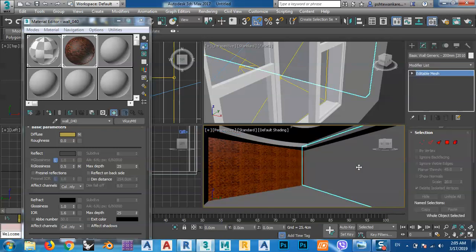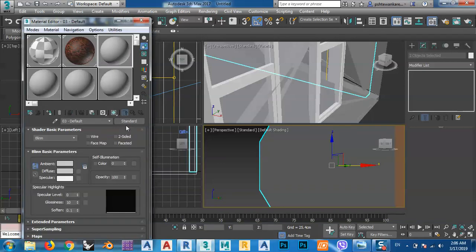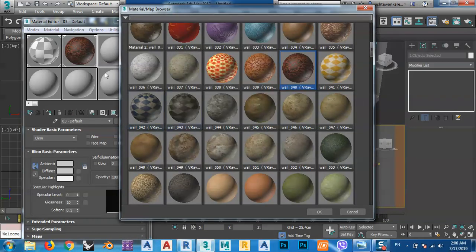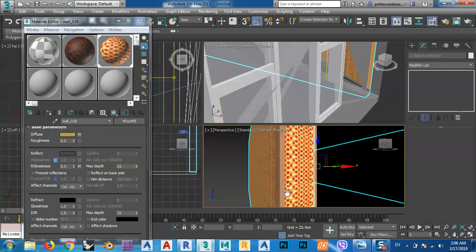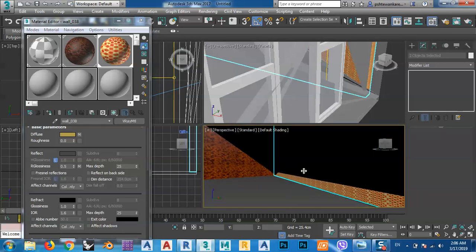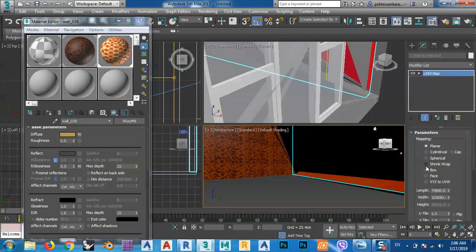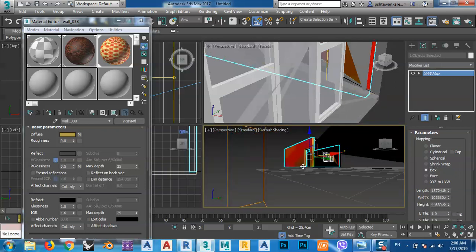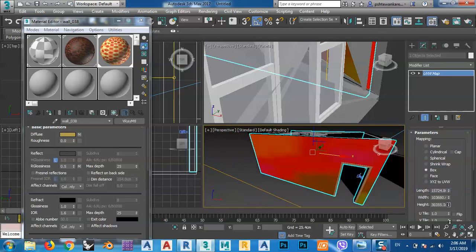For this side and that another side, for this and that, we can use another one. So again, the same procedure, material. We use this one, maybe this type. If we use this one, I don't know if it's good or not. Again, we can use the UVW map with it, box, and we can increase the height and